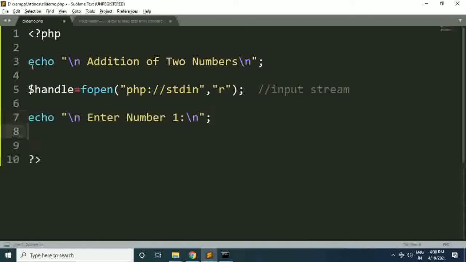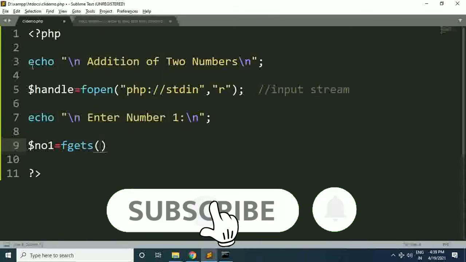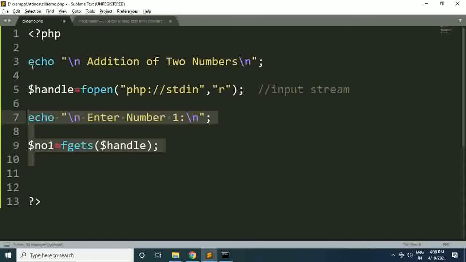Then we will read that number within one variable. So $no1 is equal to fgets, and we need to pass the reference to our input stream, that is $handle. This is how we will read number 1.